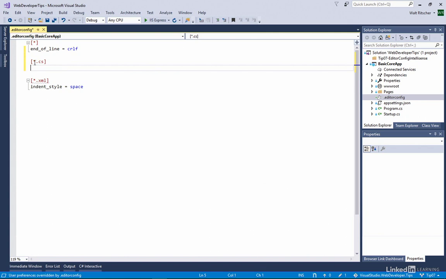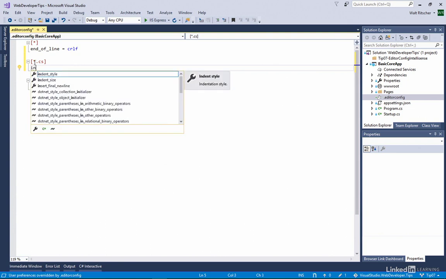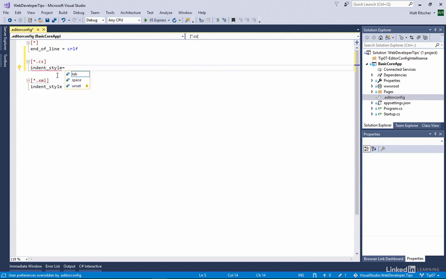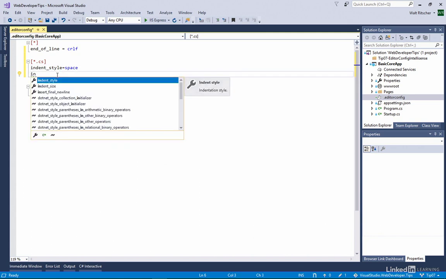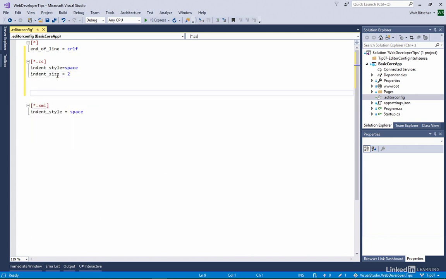Then I'll move down to the next line and I'll start using the autocomplete. I would like to add an indent style. So I type in IN and I get an autocompletion list that shows indent style equal. And then here I get to see what my choices are. I can do a tab, or I can do a space, or I can do unset. So I'll choose space, press the tab, go down to the next line and add an indent size,